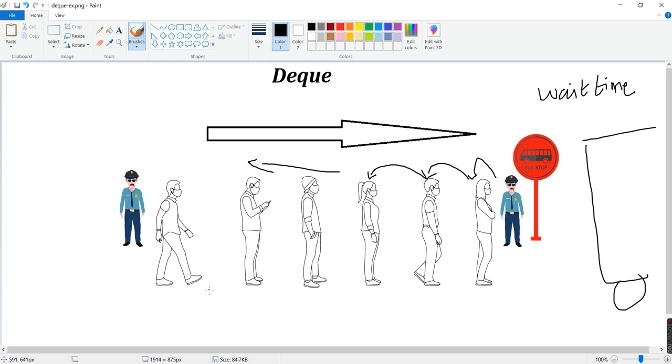A better way to handle this situation is to employ another officer who is present at the end of this queue. You can see this guy just coming into the queue and getting joined. As and when he gets in, the officer can serve him. The officers here are called servers.